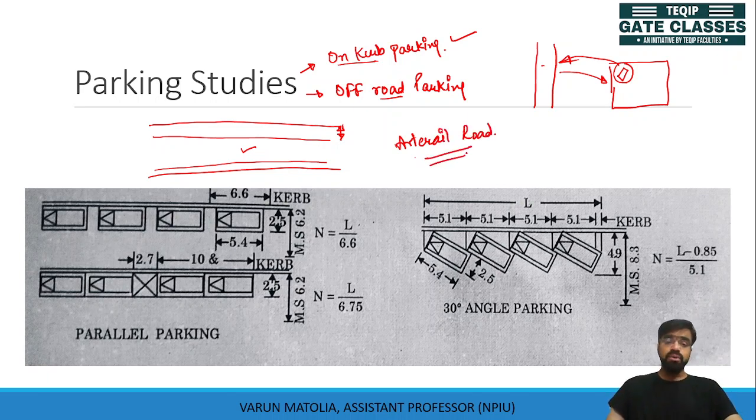These are the major roads present in the urban areas. Expressways are connecting roads, but arterial roads are the major commuting roads on the urban traffic path. So there are n number of parking arrangements you can use, but the major parking arrangement which we can see is parallel parking,